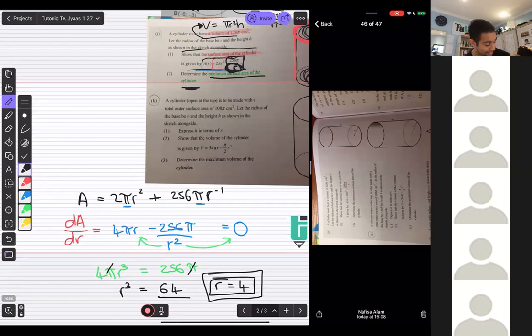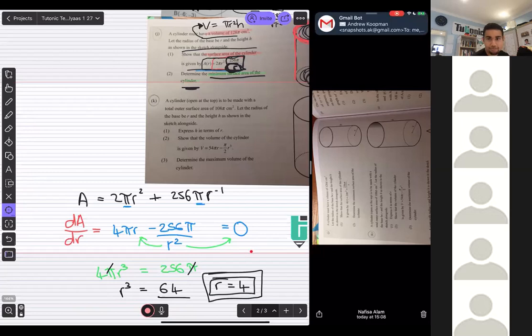So do you guys see the difference? If they asked you, determine the radius that will give you a minimum area, this is your answer. Do you guys see that? Yes. But if they asked you,